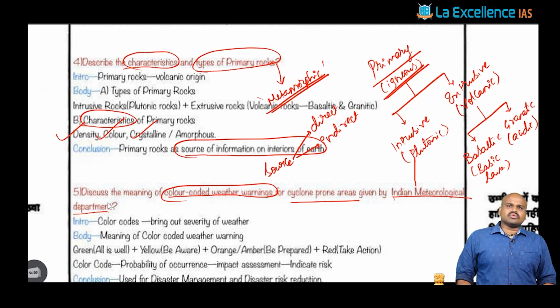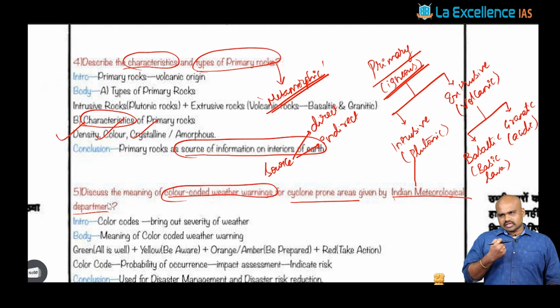Now fundamentally you know that for any disaster, you have three different phases: one is pre-disaster, one is during disaster, the next one is post-disaster. You need to fundamentally understand these different stages of disaster to manage it at a greater level and also to reduce the disaster risk. So when you look at the early warning systems that are generally followed for any kind of disaster, you would see that an early warning system generally comes into the pre-disaster stage.